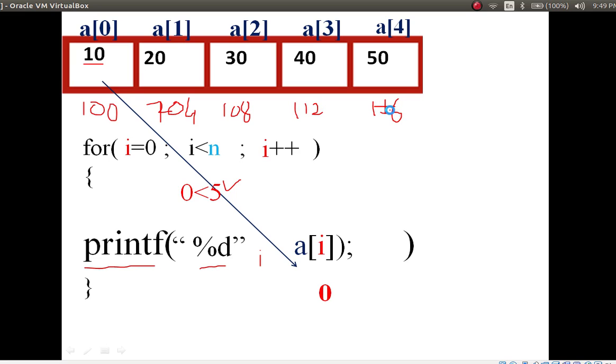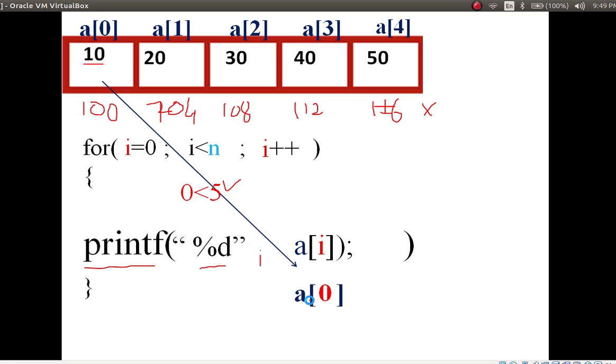This is address. So we do not need to print these addresses. Okay, that's why we are not using the address operator, we just have to print the value. So that's why we have to use a of i. Okay, condition is true, execute this.